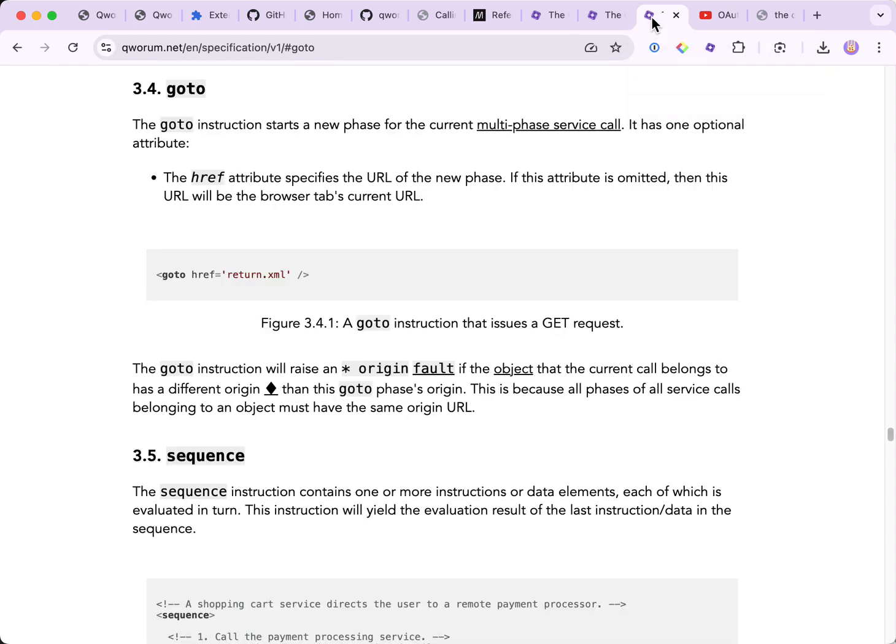So no network traffic is generated when a call is made. You have the same configuration with GoTo. GoTo is also a GET request.